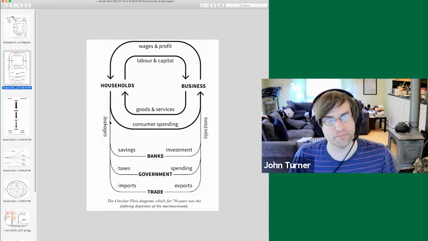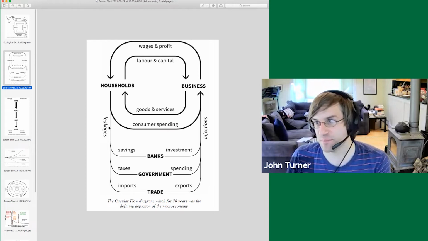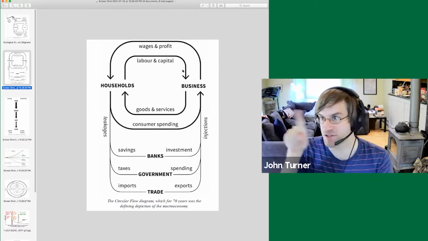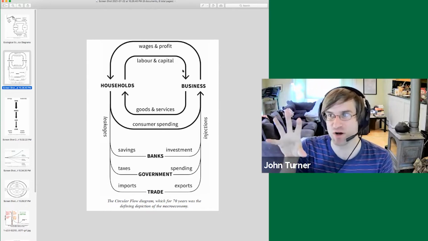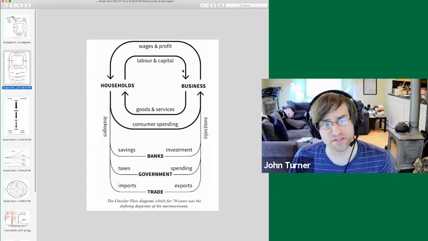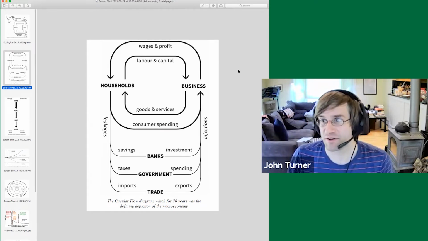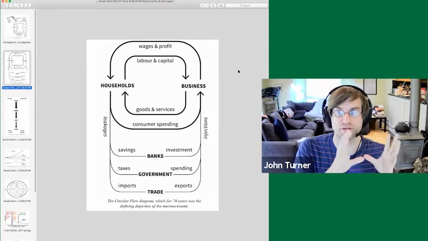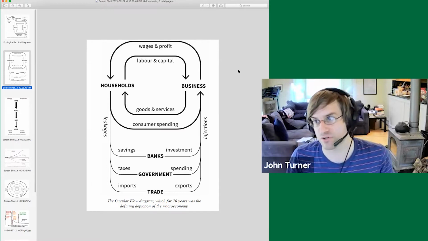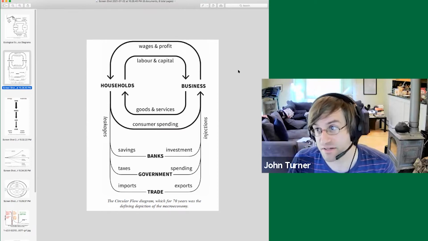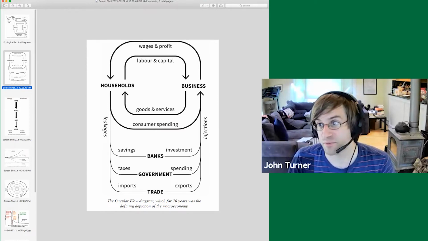Does this diagram make some sense to people? Are these terms familiar enough that when you look at this model as a circle, here's national wealth, this is what it looks like to have our economy structured in most of these conventional models. We've got to have a basis and understanding here to understand what the disputes are between this model and some of the environmental or ecological economists who think that there are some serious flaws to the way that we understand and depict our economy. So are we on solid enough ground to proceed to some of those objections?